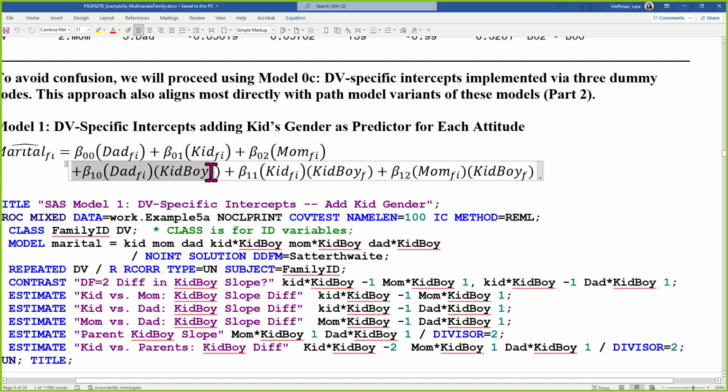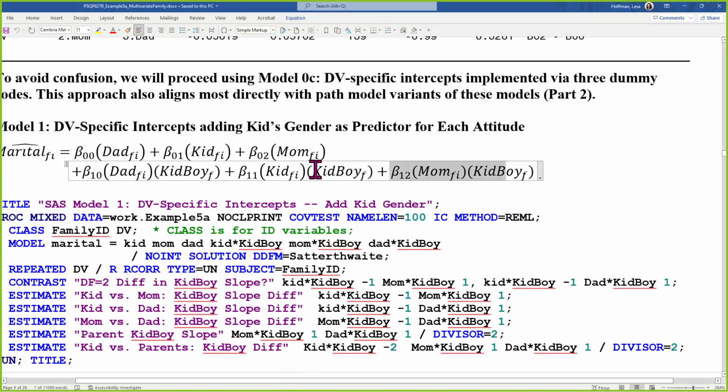So what I have done in the second line here is add the effect of the adult child's gender, and I have called that variable kid boy, meaning the effect of being a boy instead of a girl. And I have let that slope, so it's really just a difference between adult children who are women versus men, I let that have an effect on the dad's outcome, the kid's outcome, and the mom's outcome. So I would expect that potentially it would affect the child's own outcome. I wouldn't necessarily expect that it would affect the others, but I'm going to try it anyway. Because we don't know how many other children are in this family. All we have is one of them.